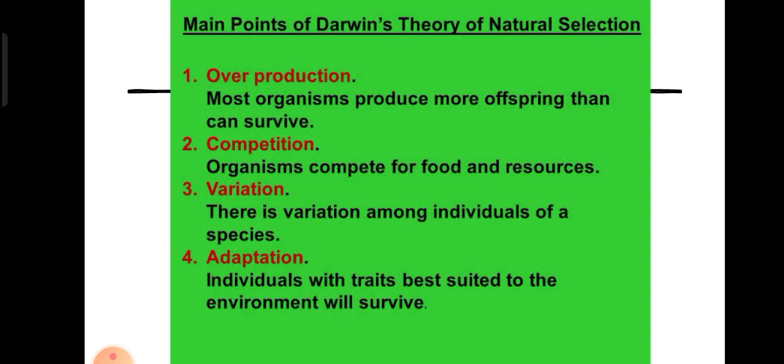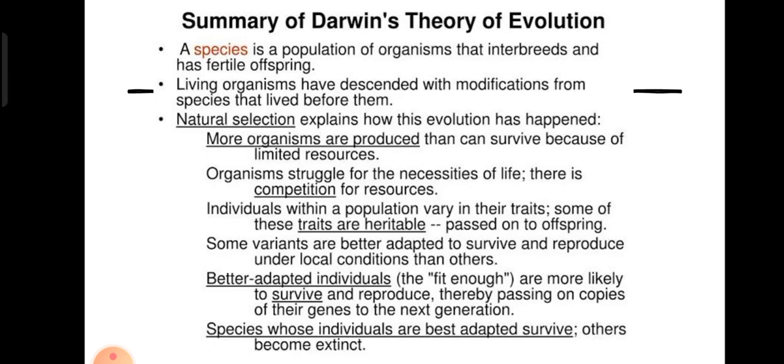Four points to remember from Darwin's science are overproduction, competition, variation, and adaptation. He defined a species, which is a population of organisms that interbreeds and has fertile offspring. Living organisms have descended with modifications from species that lived before them. Natural selection explains how this evolution has happened by producing more organisms, with competition where organisms struggle for